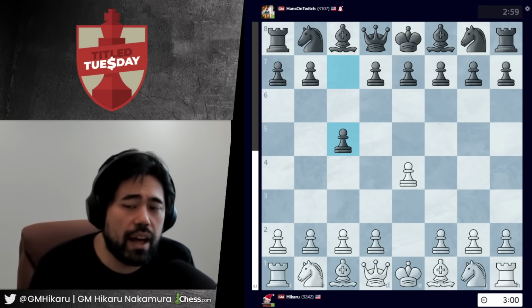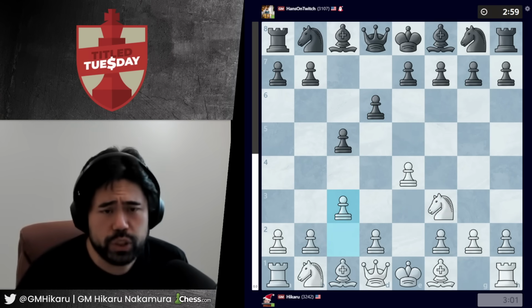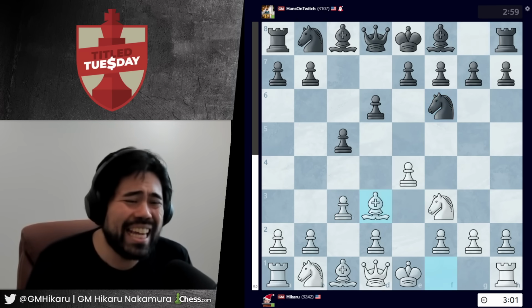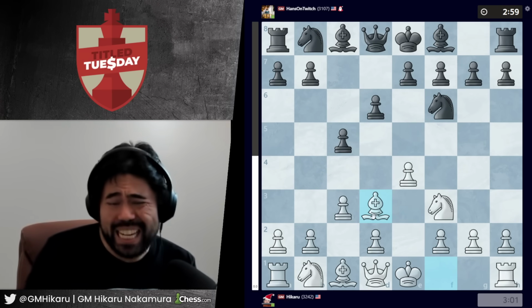So Hans plays c5 on move 1. I play knight to f3. He goes d6, and now I play this move c3. Hans plays move knight f6, and I play bishop d3. Now this is what is known, at least to me in the English world, as the classic Kopec system, because